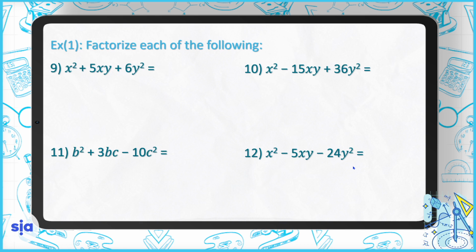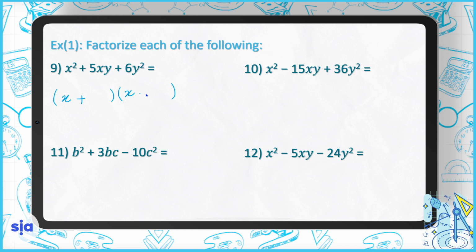Question 9. Here in question 9, there is something different: another variable appeared at the third term, and it also appeared in the middle term. So this means that when you start looking for the two brackets that you're going to write, be sure that the first term will have a variable and also the second term will have another variable. So here in this one, it's x and x,